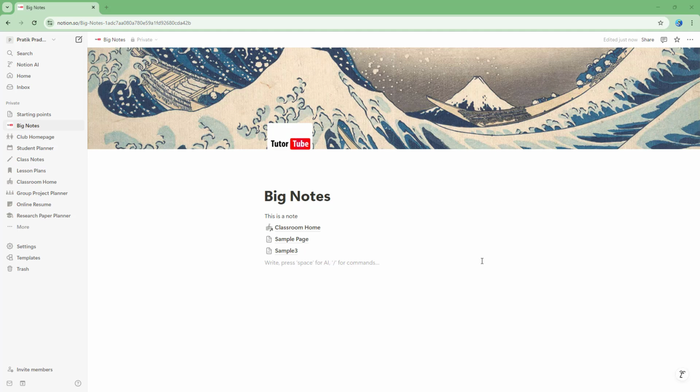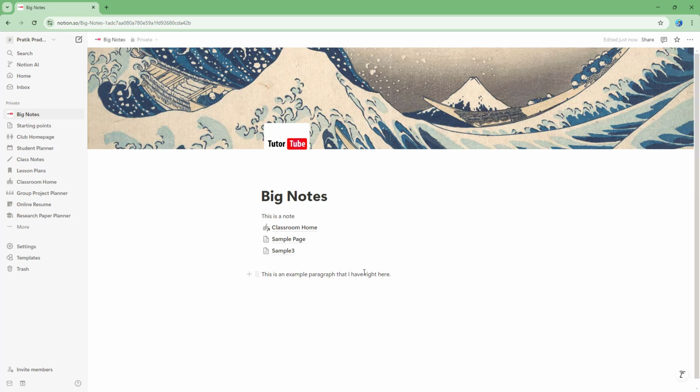So over here you can see that I have this note right here, and let me just go ahead and press enter and type in, let's say for example, this is an example paragraph that I have right here. So you can see that this is the text I got, and let's say I want to go ahead and format it. In that case, if I were to go ahead and select this out, you can see the formatting